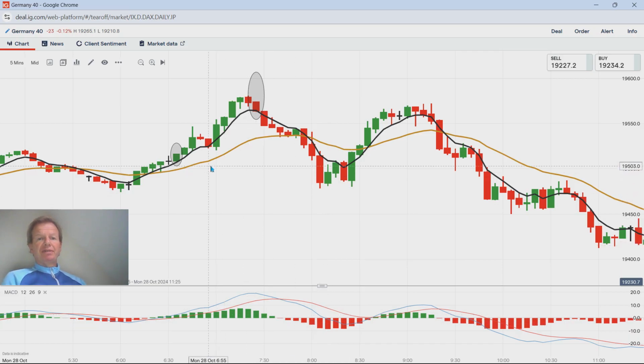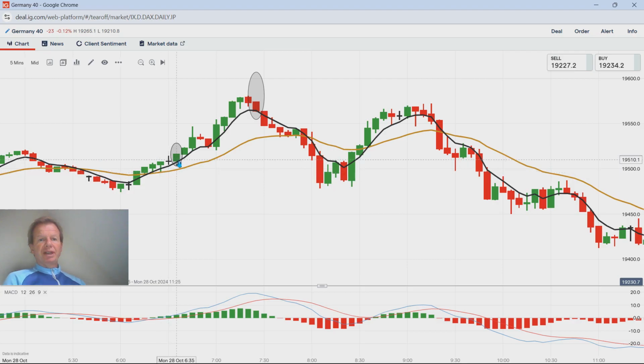Now the moving averages up here, I tend to like the 6 and the 21 EMA. Exponential moving averages tend to reflect more recent price changes, and I think 6 and 21 is very good when you're trading off the 5-minute chart. They're quite short term. So when the 6, the black, crosses the gold 21, you buy, and when it goes down, you sell or exit. Some traders will use 3 moving averages, so you can put a longer term like 100 or 200. But just for day trading on these 5 minutes, I'm just using 6 and 21 here.